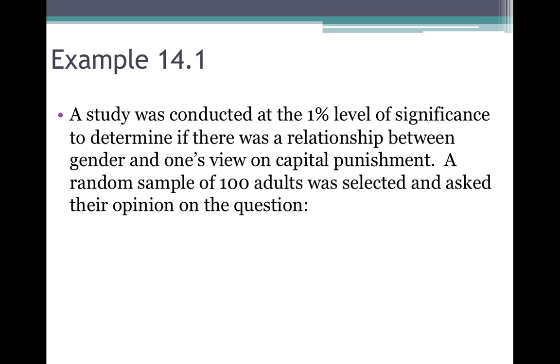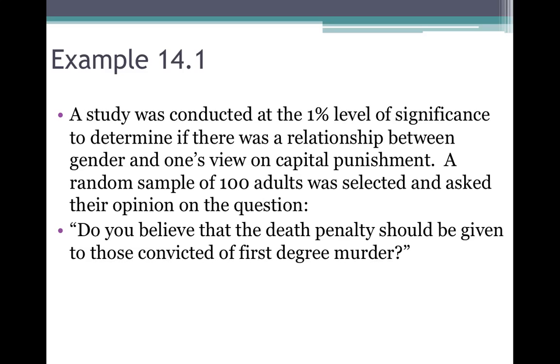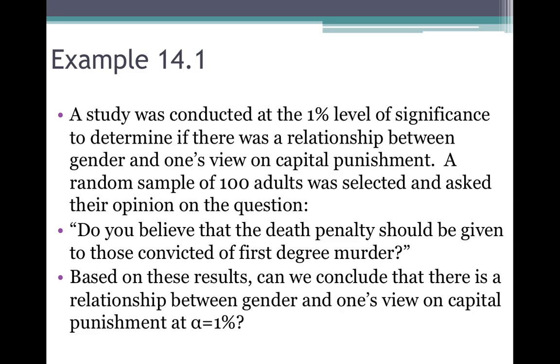A study was conducted at the 1% level of significance to determine if there was a relationship between gender and one's view on capital punishment. A random sample of 100 adults was selected and asked their opinion to the question, "Do you believe that the death penalty should be given to those convicted of first-degree murder?" Based on these results, can we conclude that there is a relationship between gender and one's view on capital punishment